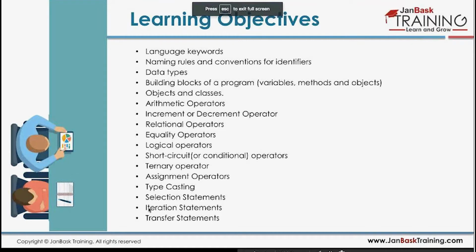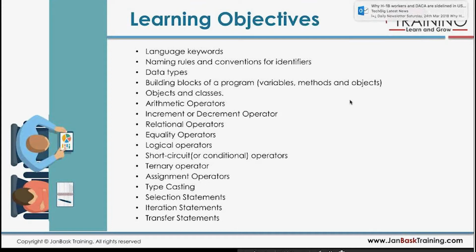In the previous class, we saw the Java language keywords, and then we saw the naming rules and conventions for identifiers. We spoke briefly about data types. We then looked at the building blocks of a program like variables, methods, and objects. And then we talked about objects and classes, the arithmetic operators, increment or decrement operators, relational operators, equality operators, logical